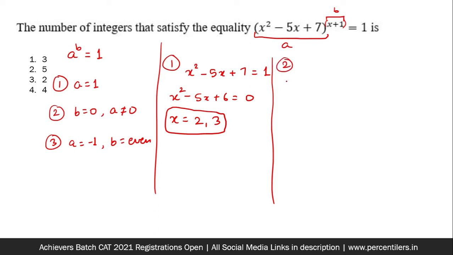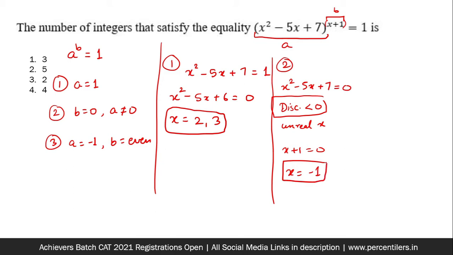Second situation, if b is 0 and a is non-zero. Now about this a, the expression a, you know, the discriminant. So if we want to put this as 0, the discriminant is negative, which tells you that this expression can never be equal to 0 for real x, and we want integer values. That means this will never be able to equal 0. Alright, so one thing we discovered, that a cannot be 0. We can move ahead to find b as 0. So that means x plus 1 should be equal to 0, and we get one integer value of x from here as well.